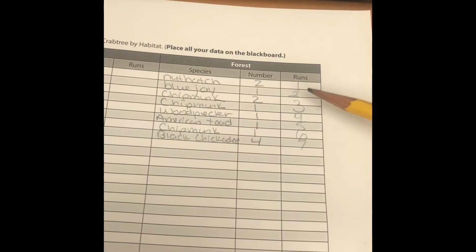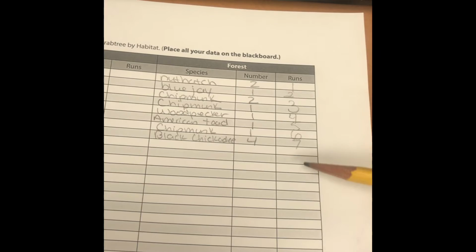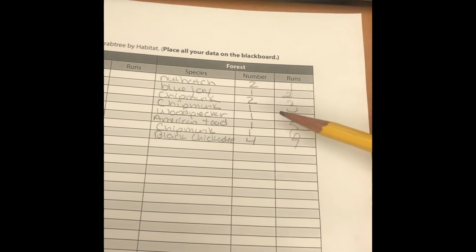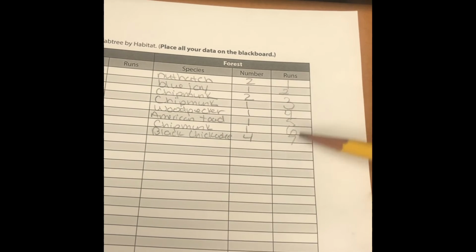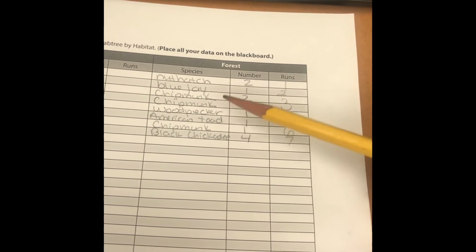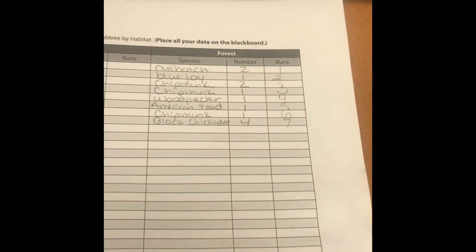Okay, so what I have here is in this particular area, I have 7 wildlife runs. And again, it goes by every time we encounter a new species, we come across a different run. Because the chipmunks here were seen one right after the other, they constitute the same run. So now if you flip your page over,